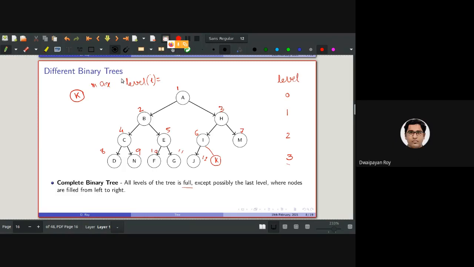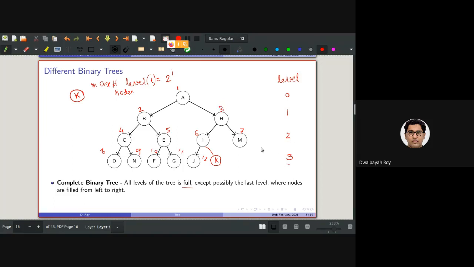Everyone agrees with that? The maximum number of nodes at level I will be 2 to the power I. As you can see, 2 to the power 0 is 1, 2 to the power 1 is 2, 2 to the power 2 is 4, 2 to the power 3 is 8.